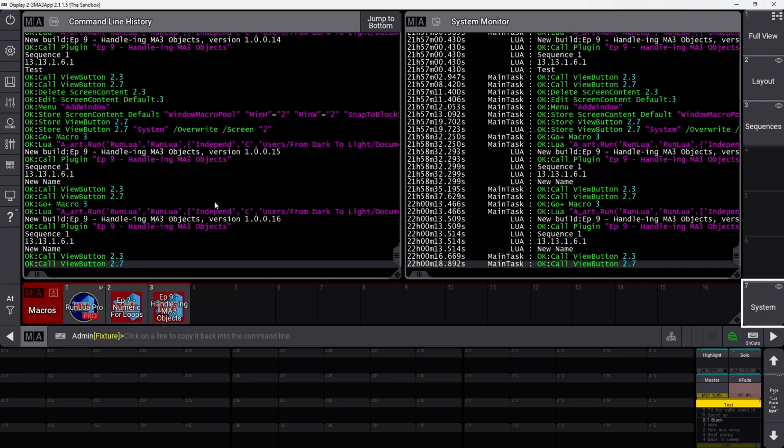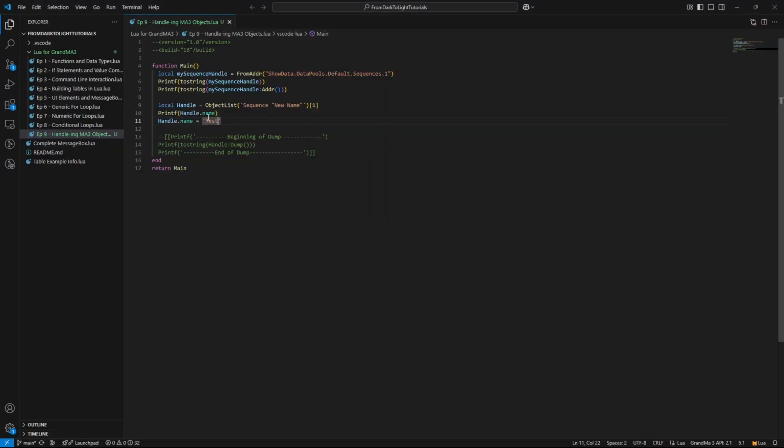There are a couple things I just want to mention about using this. So one thing is if you're changing or reading properties of a queue, you can't just do sequence 1 queue 2 and change that. Actually, I think it works with the name. I always forget, but there's some properties it works with and some that it doesn't. There are some properties, for sure the command, that you can't just do sequence 1 queue 2 because it's tied